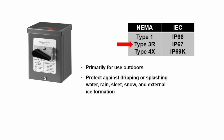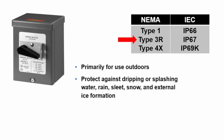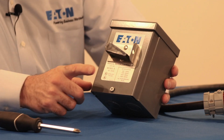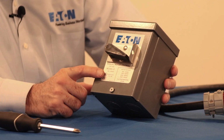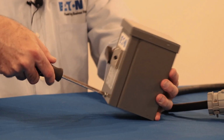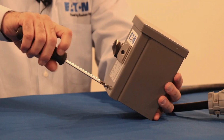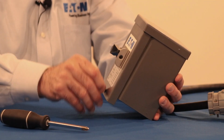Another very common rating is NEMA Type 3R, which is primarily for outdoor use and provides a degree of protection against dripping or splashing water, including rain, sleet, or snow. Here's an example of a motor controller in a Type 3R enclosure, which is often described as being rainproof. Note, this is not the same as saying watertight, which is complete protection against water ingress and is confirmed by